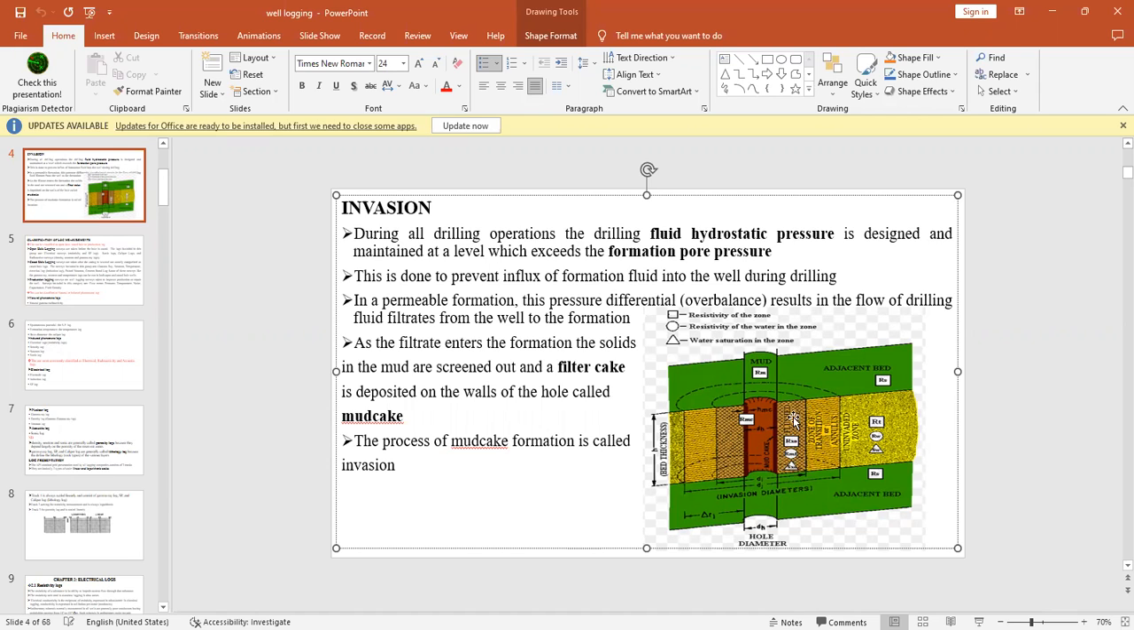So we have the invaded zone around the borehole, we have the transition zone, and we have the uninvaded zone. This uninvaded zone is the area where no drilling fluid has infiltrated to. So this area is where